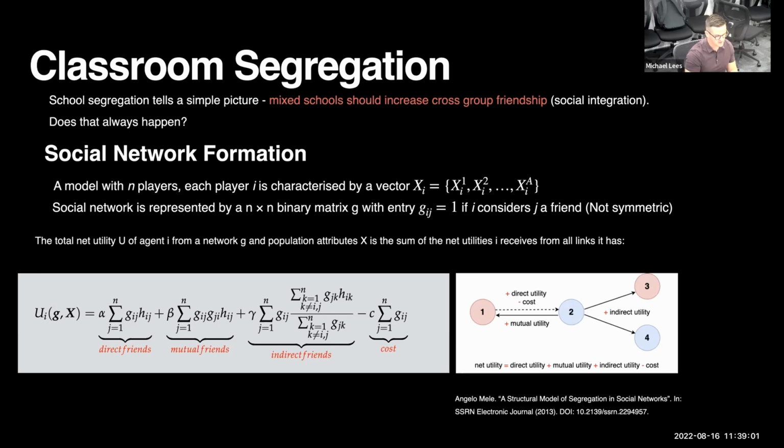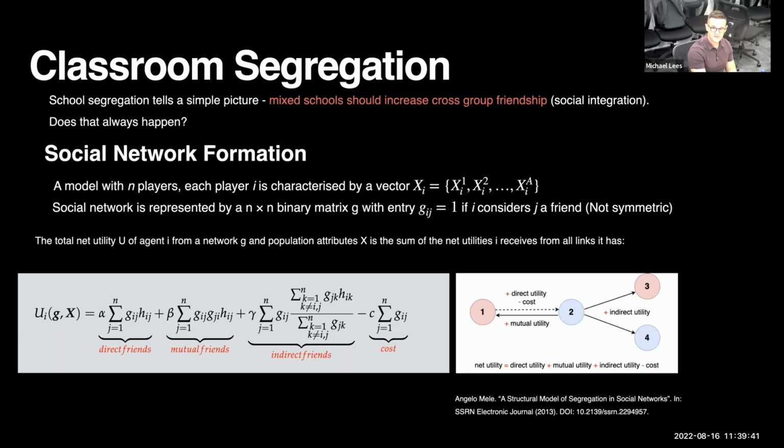So what we did with this model is we looked at what happens inside the classroom. And we use this technique called exponential random graph models, which, if you've done anything in networks, are a way to generate networks procedurally. It's a little bit involved, but I'll try and explain it. What you see here on the bottom left is an equation which describes the utility that I get from establishing a friendship or a connection. Friendships are networks. If I'm connected to you, that means I consider you my friend. We can have a two-way connection, so you also consider me your friend, and so on.